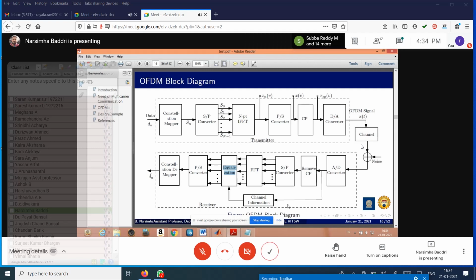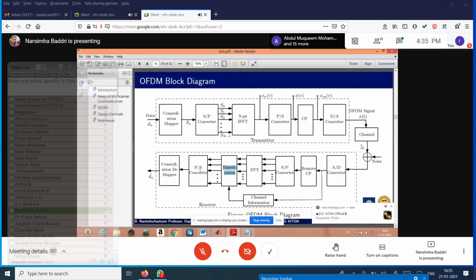Based on that channel information, at the time of transmission we also send some pilots to get some channel information. In that way, we will get the channel information. After getting this channel information, we will perform simple equalization. Suppose you take a simple frequency domain equalizer. On the transmitter side, suppose y of k is equal to h of k into x of k. Now this y of k will be equalized with h of k, y of k by h of k. You will get x of k. It is the equalized data.